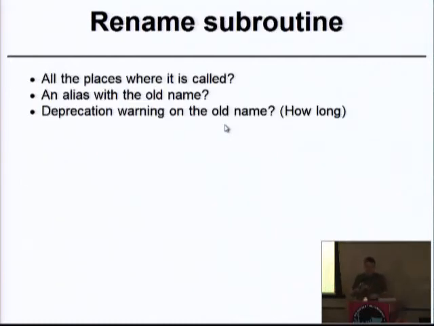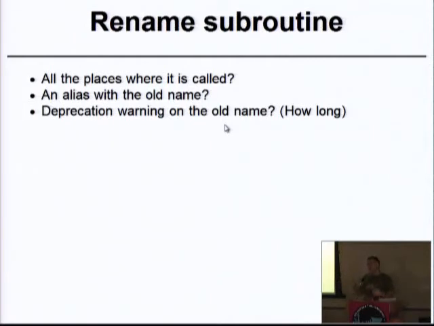Then another thing, rename subroutine. That's also another simple refactoring step, when you change the name of a subroutine. That might be a little bit easier, because instead of just renaming a subroutine, you can declare the old name again, put a warning in there, and call the new name for a while.